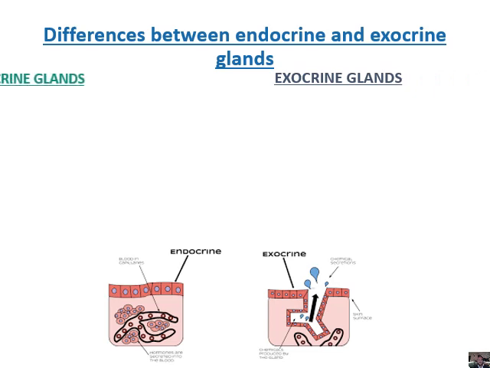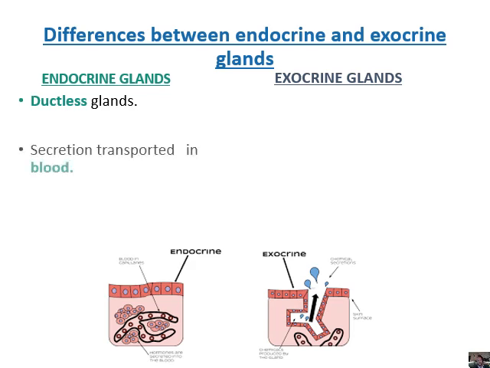So we first have the exocrine gland and the endocrine gland. Endo means inside and exo means to the outside: endocrine to the inside, exocrine to the outside. I've put those diagrams at the bottom for you to have a look at. Endocrine glands are ductless, which means they do not have an exit point for whatever is being produced. When the hormone is produced, it is secreted directly into the blood, and not released into an open section.